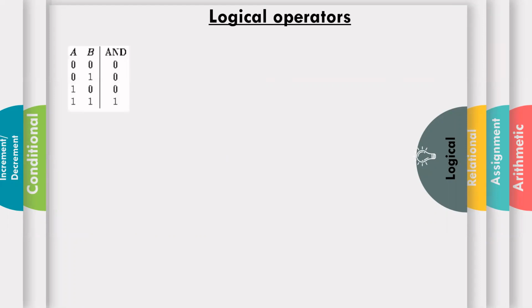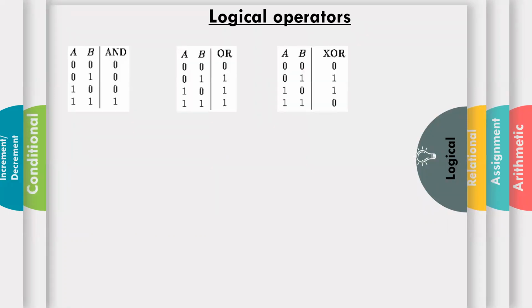So before going to logical operators, we need to know about AND operation, OR operation, and exclusive OR operation. Because this is a binary number format, you are having two inputs. So what are the different possibilities to give two inputs? Four possibilities. 0, 0, you get one output. 0, 1 as input, you get one output. So 1, 0, 1, 1. So four possible inputs you can give to AND gate, OR gate, or XOR gate.